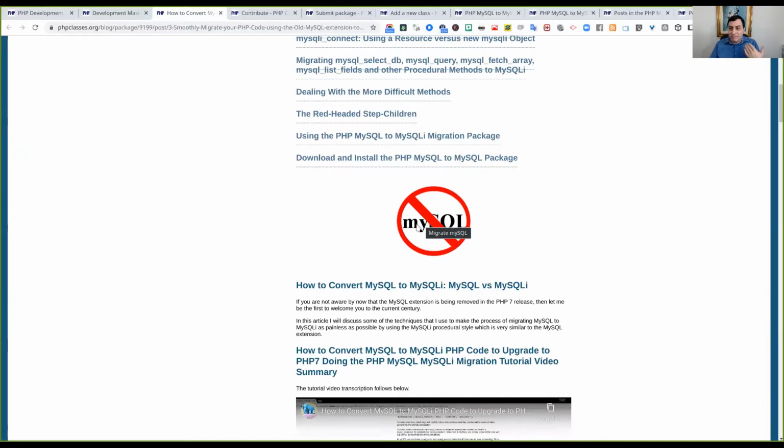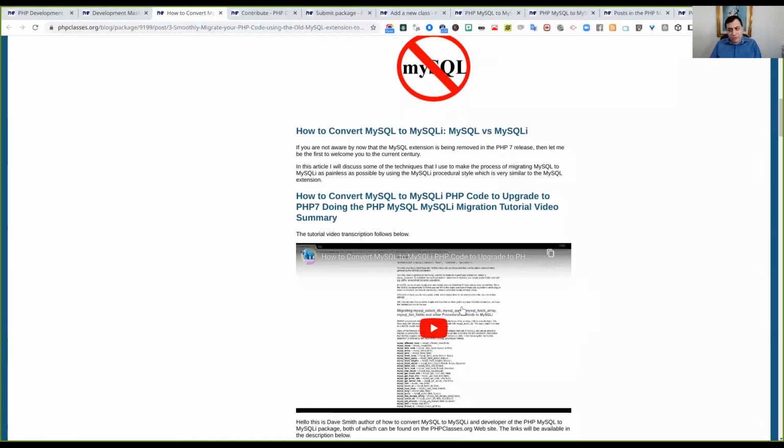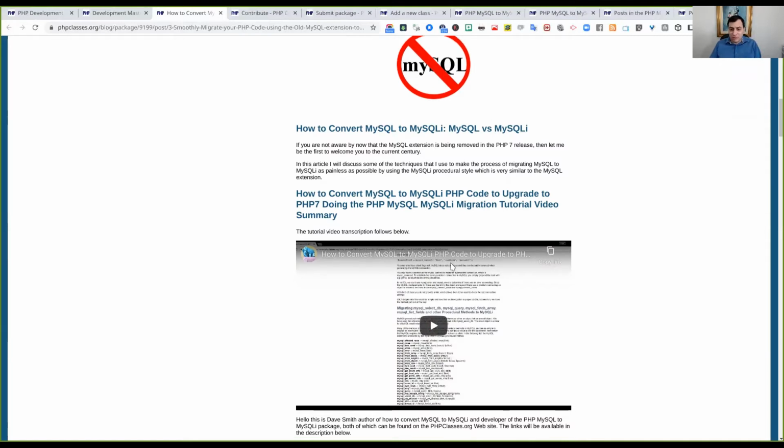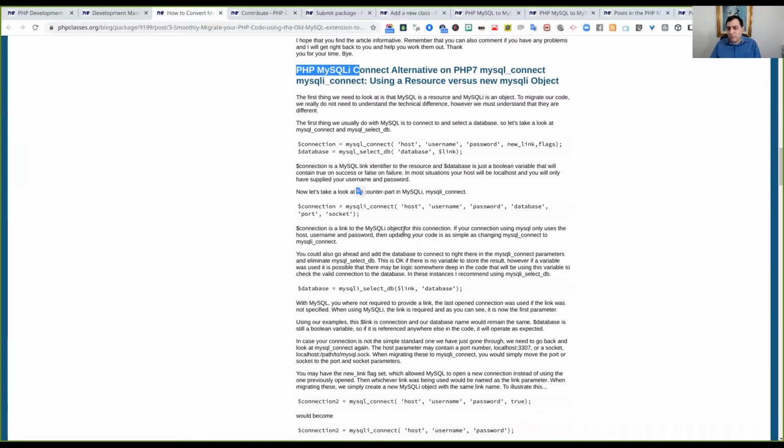You can also add pictures if you want, if it's helpful. Usually it helps in case of diagrams. You can also add videos. You are not required to add pictures or videos, but if you do so, it makes the article richer. And you can also add code. Many developers want to see code and very short explanations about what this code is about, a nice title, a few paragraphs, code. That's what people expect to see in a good article. That's why this article is popular.